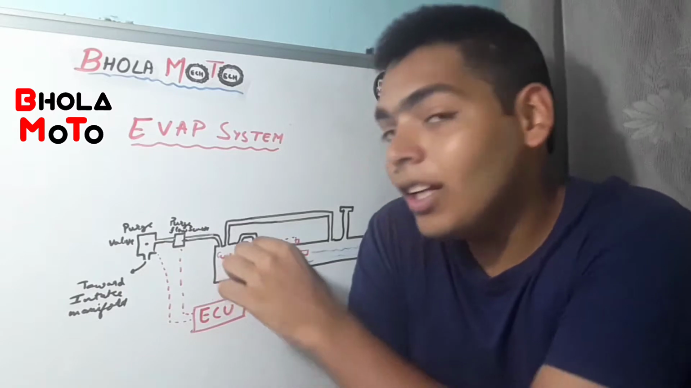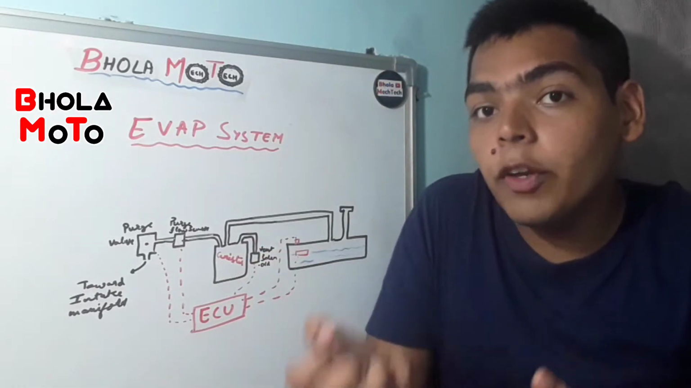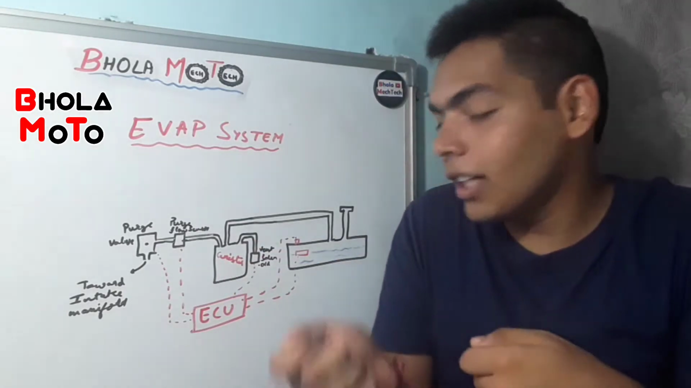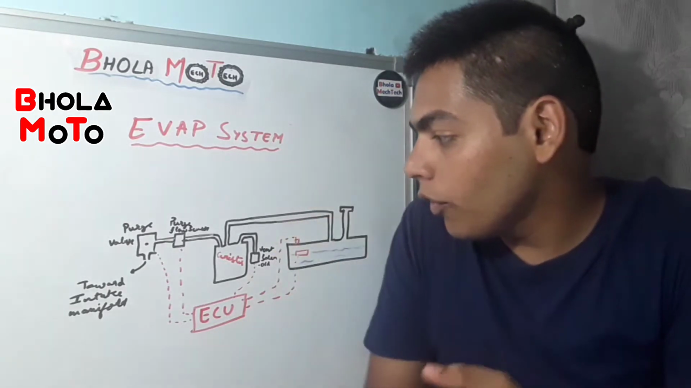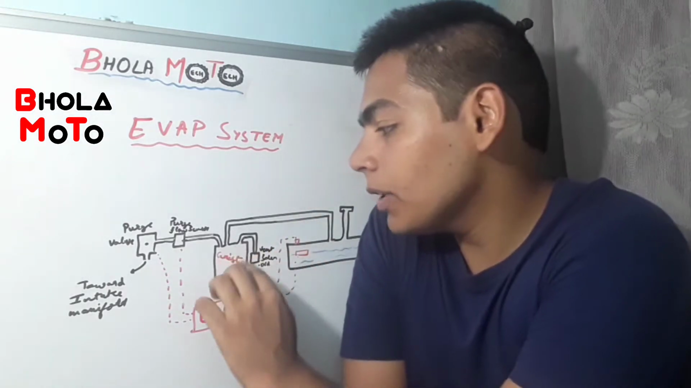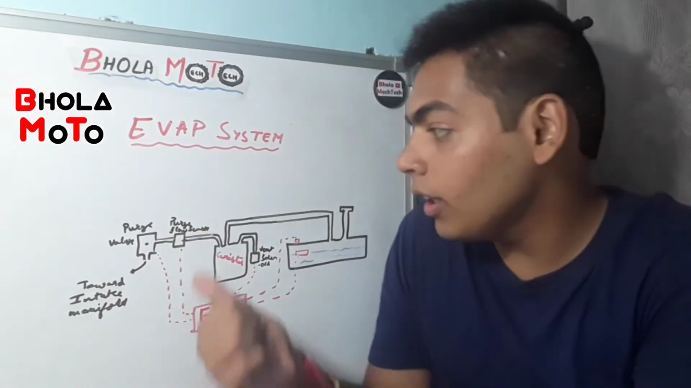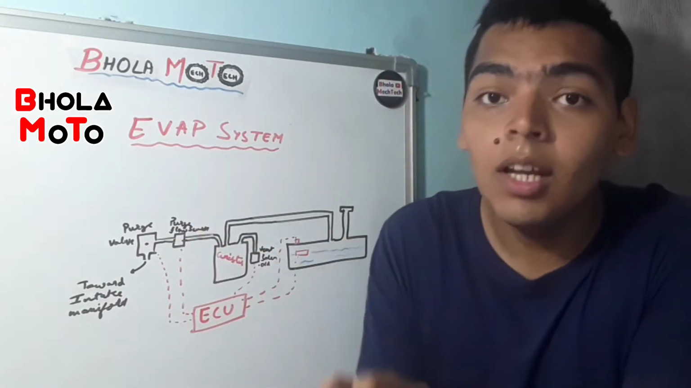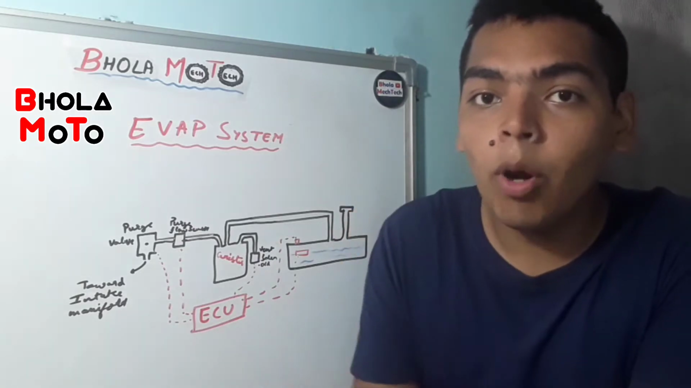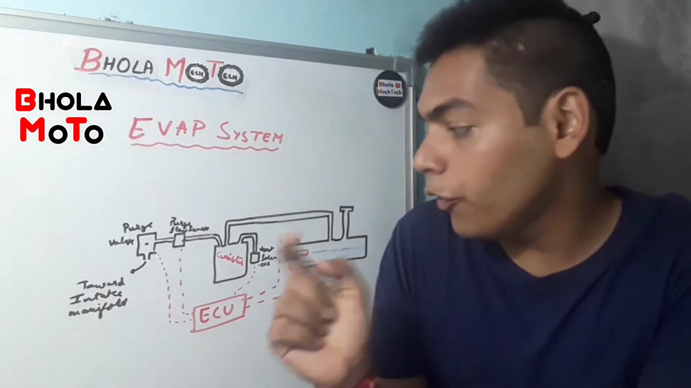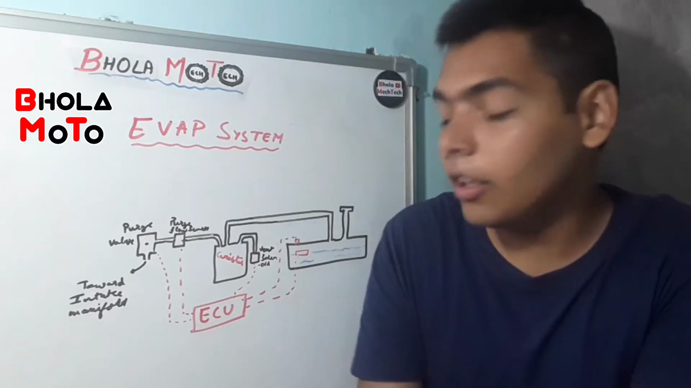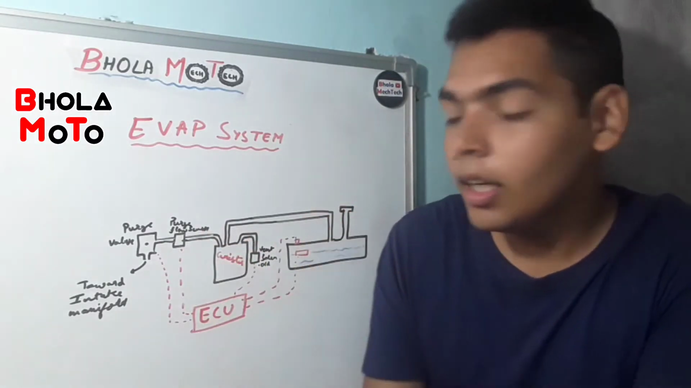And from there, it will suck the fuel vapors from the charcoal canister, and when it is sucking the fuel vapors, these fuel vapors will be entering through this purge valve to the intake manifold, and this purge flow sensor will be constantly measuring the amount of fuel vapors which are entering inside the engine, and it will be sending the signal to